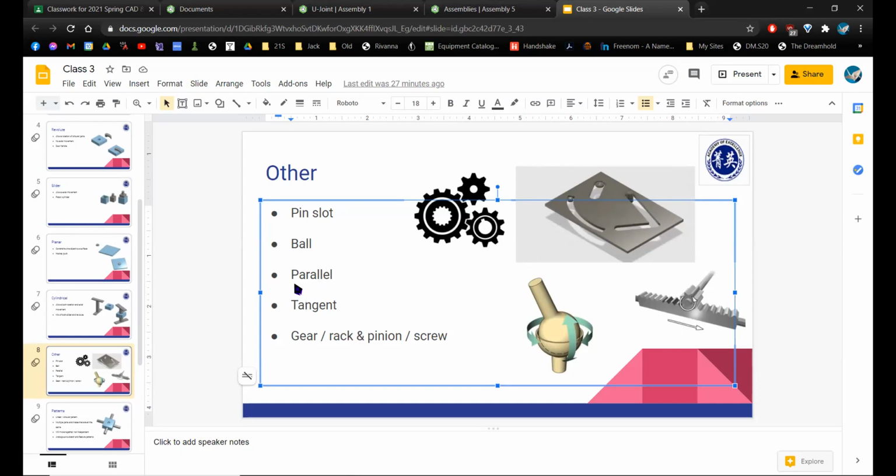There's tangent mates if you want some part to always be tangent to another one. So if you have a circle and a plane, you can add a tangent mate so that the plane is always tangent to the circle, right? Then there's a couple with gears involved. So there's the gear mate, which allows you to